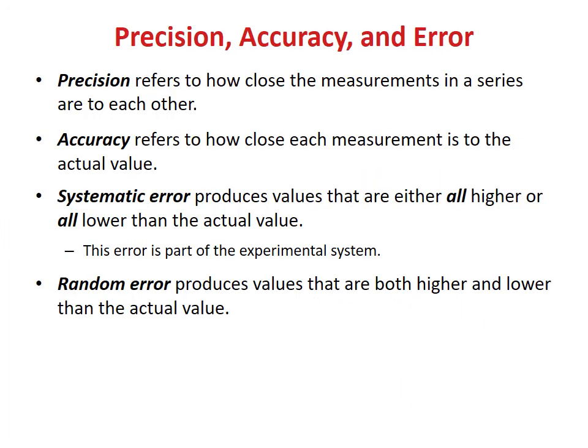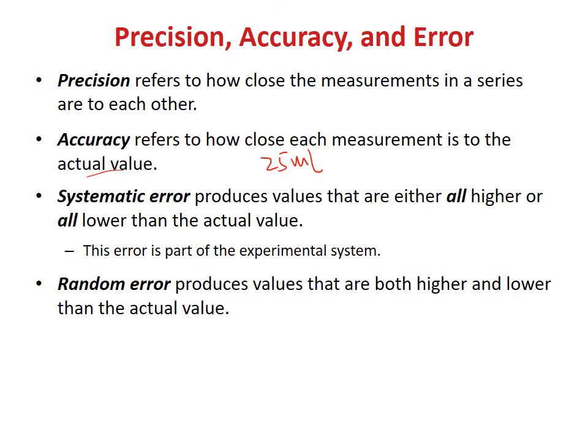Here are some important concepts when performing measurements. One is precision, one is accuracy. Precision, also called reproducibility, refers to how close the measurements in a series are to each other. Accuracy, on the other hand, refers to how close each measurement is to the actual value. For example, if the actual value of a water sample has a volume of, let's say, 25 milliliters, and if you